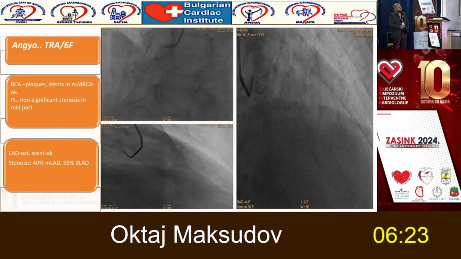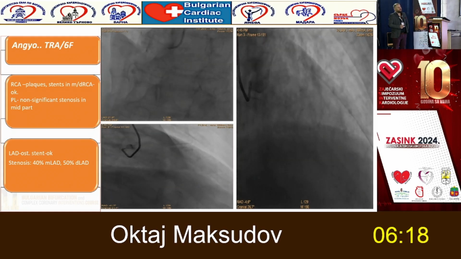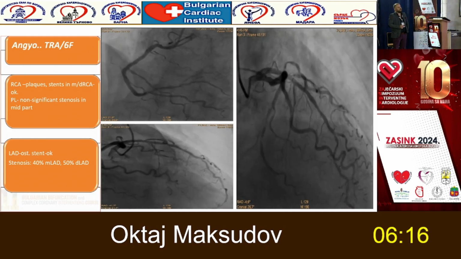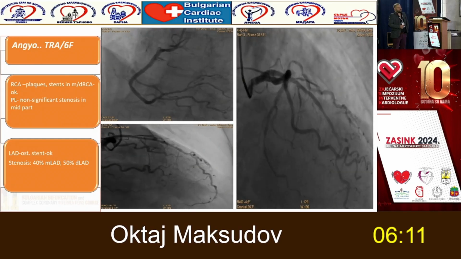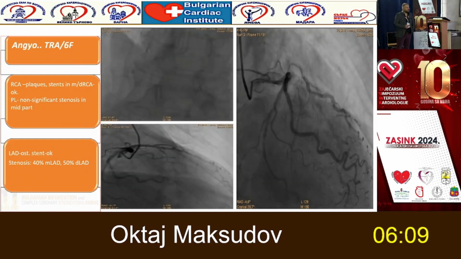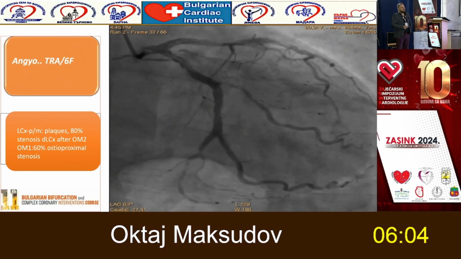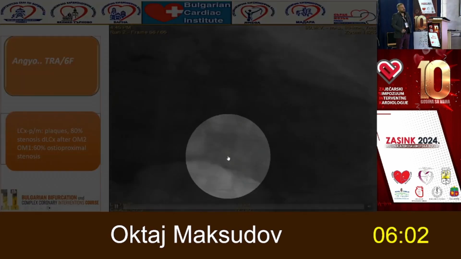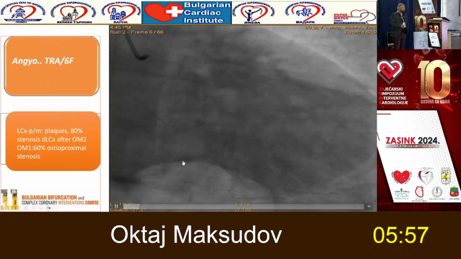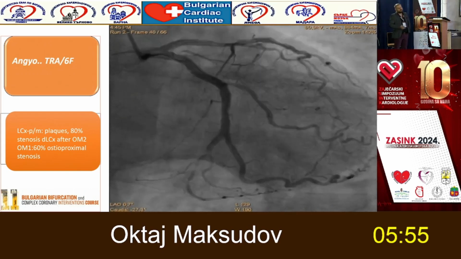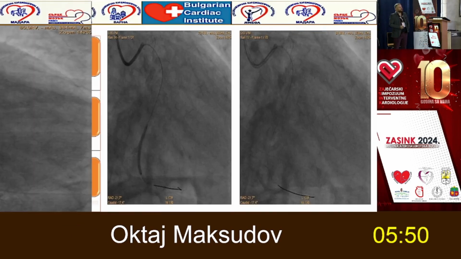You can see that the stents in RCA are patent from 2016. The stent in ostial LAD is okay. There is no significant stenosis in the mid and distal part of the circumflex artery. And this is the stenosis in the distal part of the circ, where we planned to do a simple procedure: going with wire, predilatation, drug-eluting balloon, and finishing the procedure. So